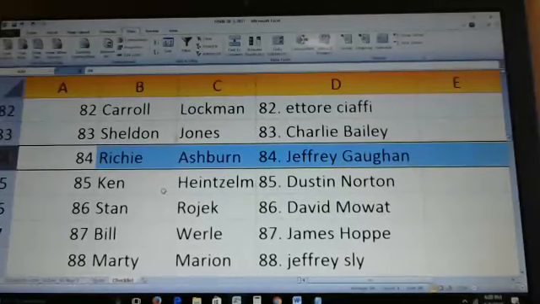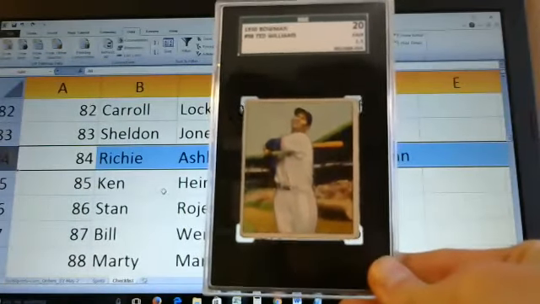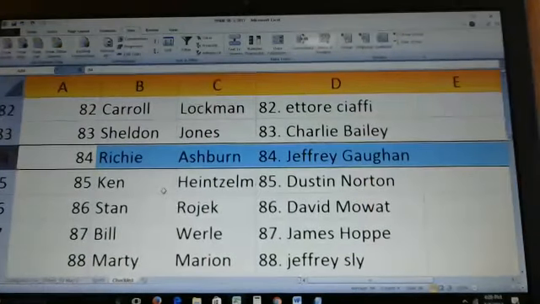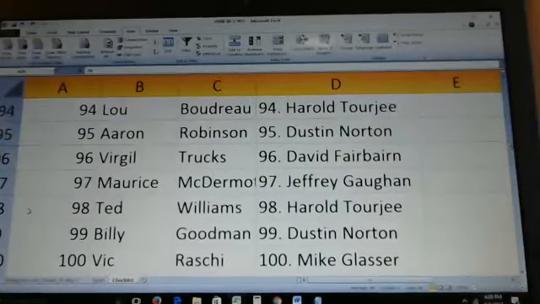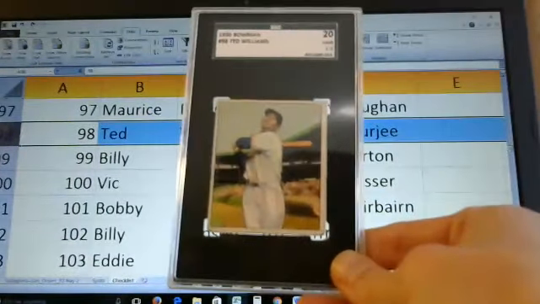Although the Yogi and the Jackie Robinson had pretty solid representation as well. The Williams is card number 98. Let's see, card number 98, Ted Williams goes to Harold Tourget. Here you go, Harold.